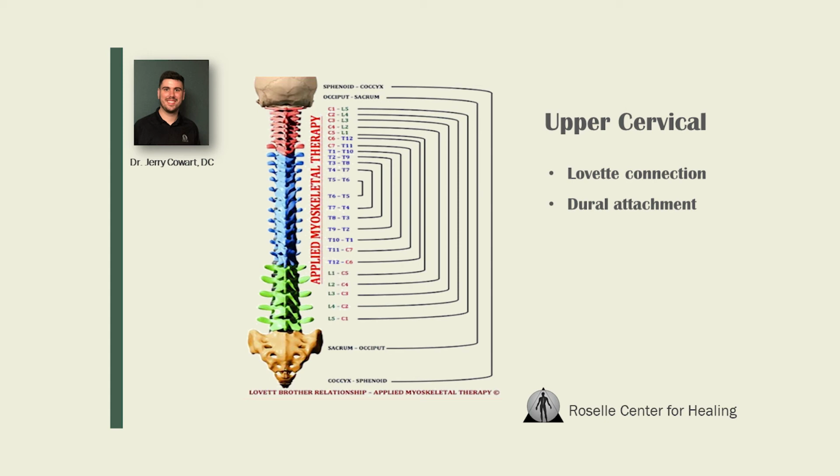So dura is basically, if you want to think about it, like a saran wrap wrapper around your central nervous system, around the brain, around the spinal cord. And within that spinal cord that goes throughout the spine, at certain parts throughout the spine, that dura, that saran wrap wrapper, has different small attachments that it will attach itself to the physical vertebra itself. The main attachments of that dura onto the bones are in the upper cervical area, that C1, C2 area, and the low lumbar spine, the low back area.